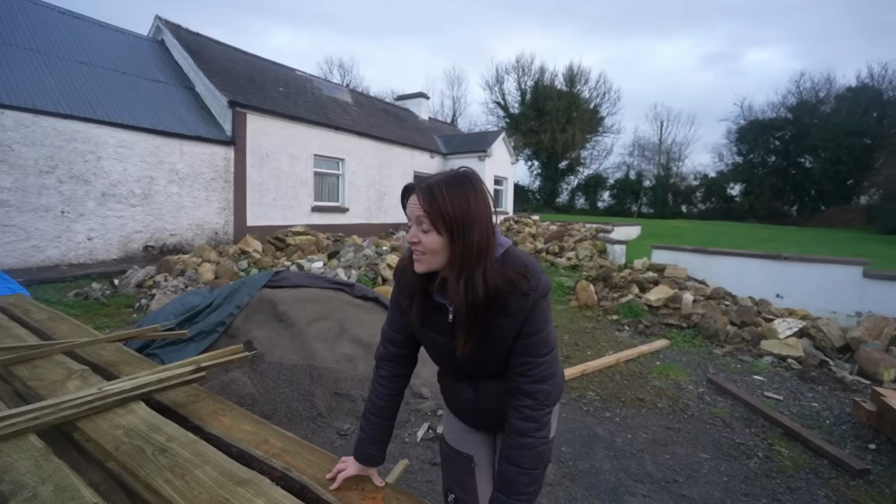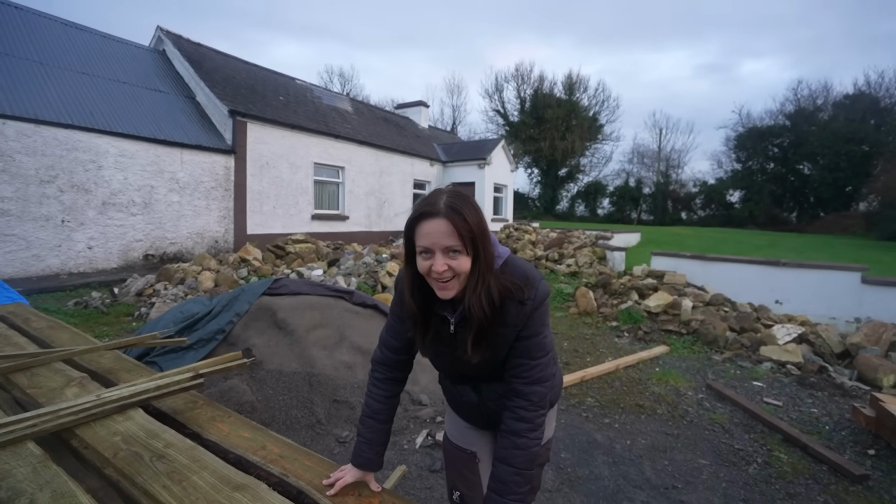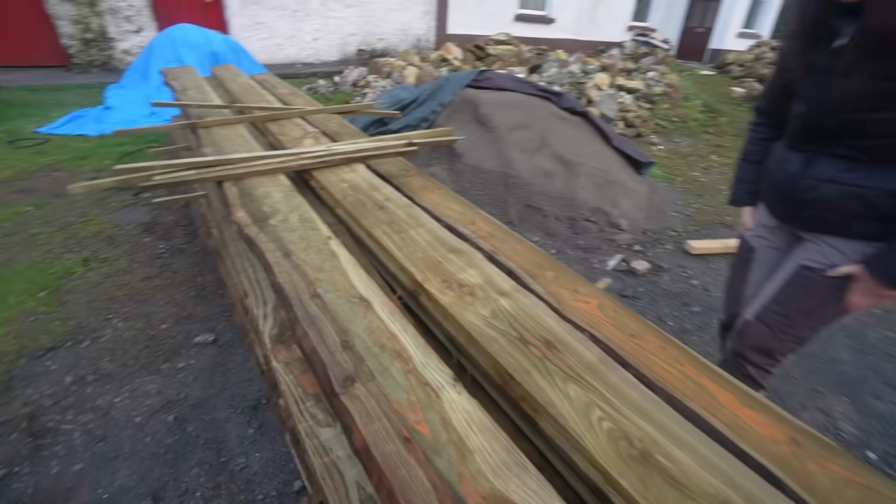But we've made a really solid building for it. I tell you what, we have made a good, cracking, solid building. Yeah, it's going nowhere. I can't wait to...